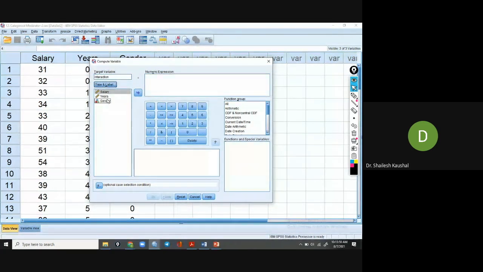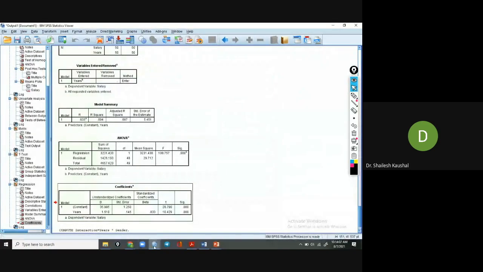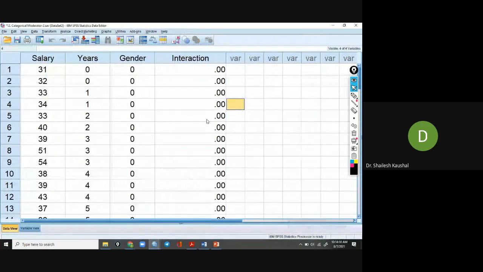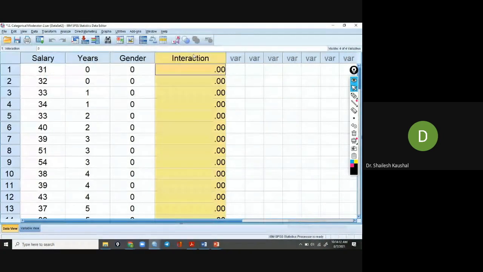So I want to take the interaction of years and gender. So years multiplied by gender. Now I can see the output. So this is the interaction effect, the new column.